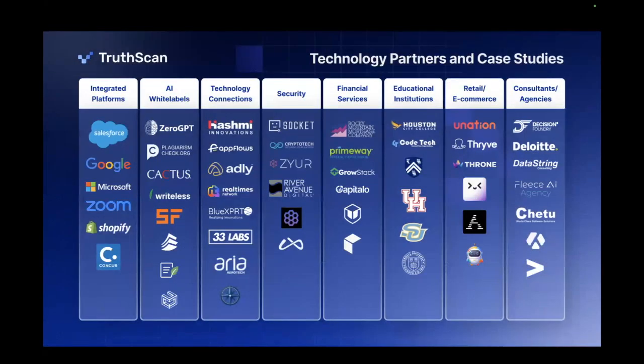So we've been talking about different platforms all the way through. We're integrated, and we're talking about Salesforce here. If you have other enterprise applications, Google, Microsoft, Zoom, Concur for expenses, we're able to work with those. There are a number of retail, e-commerce, financial services, and cybersecurity companies that embed us in their platform. So we're able to do this. And keep in mind, we've built 20 million users in the last few years on the B2C side of our business, and we see our enterprise business with TrueScan doing 10x that.